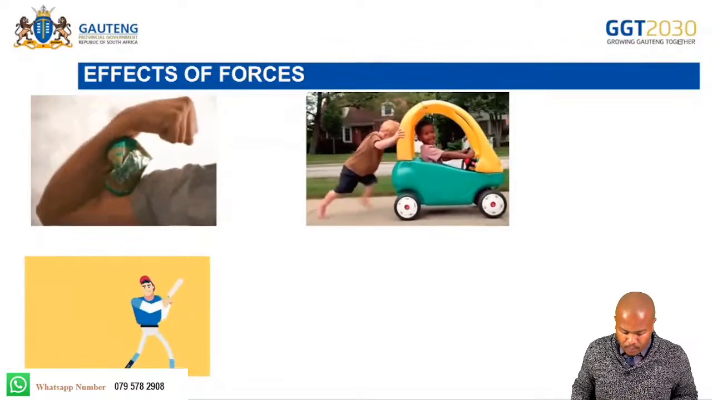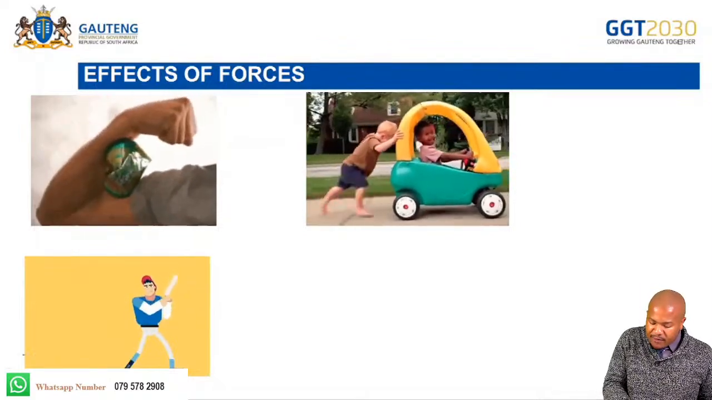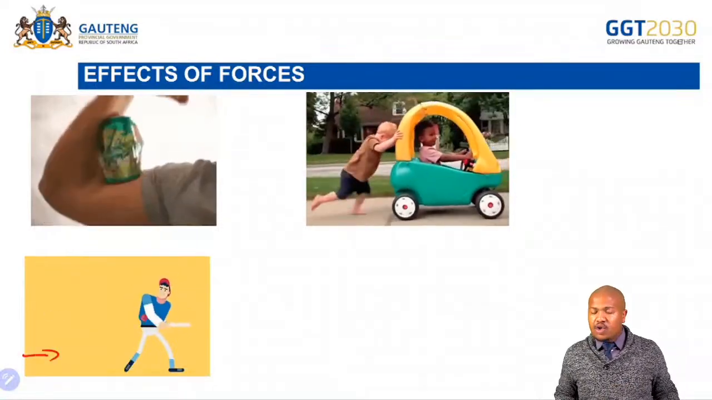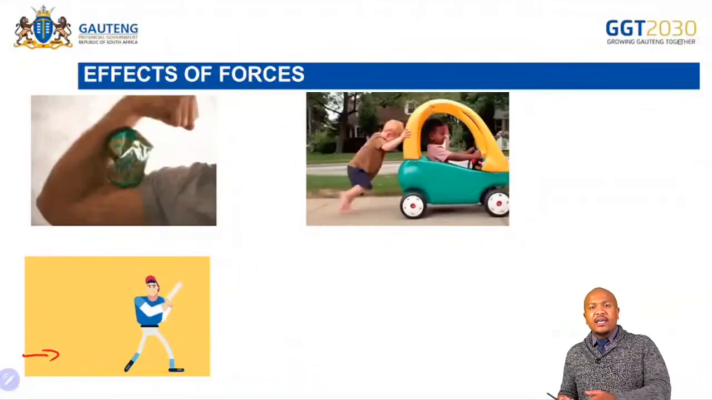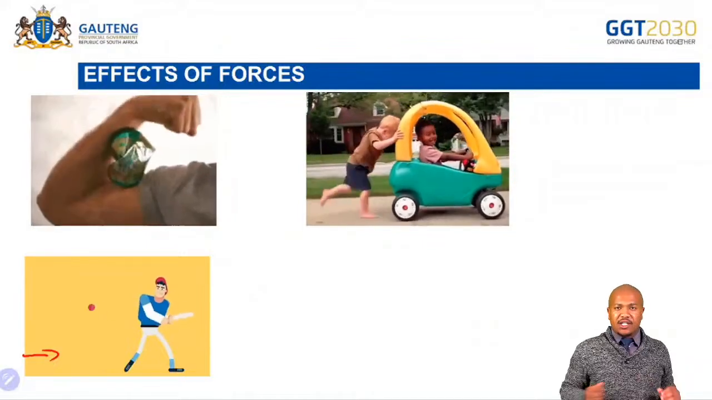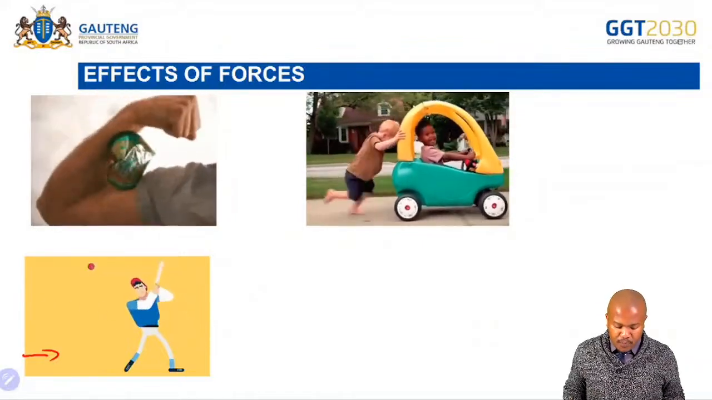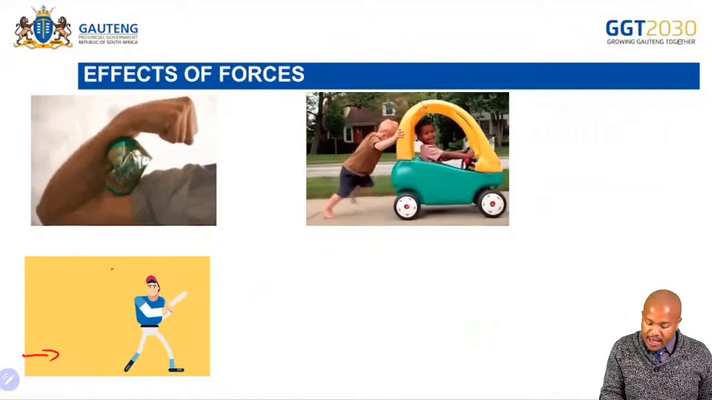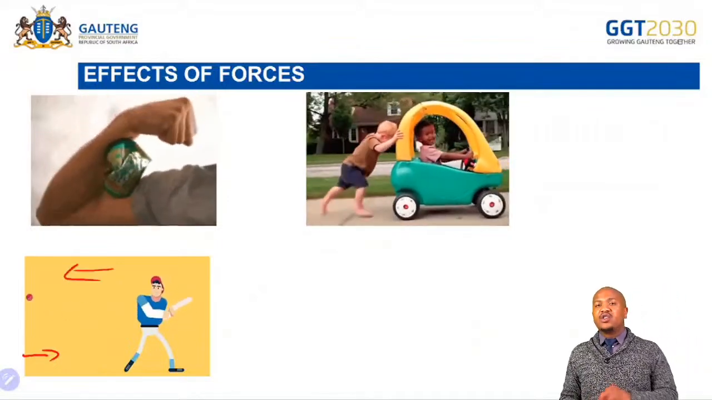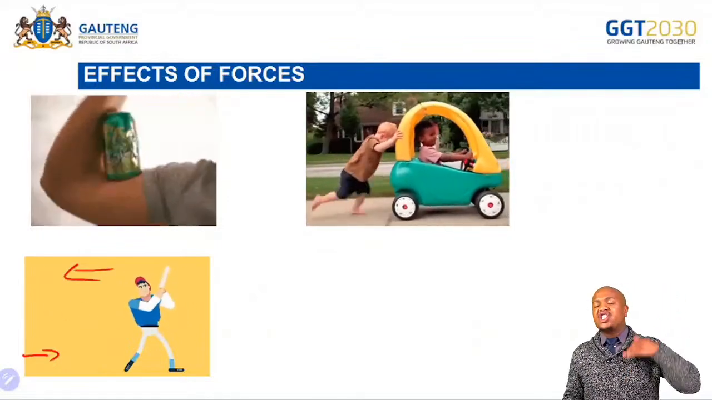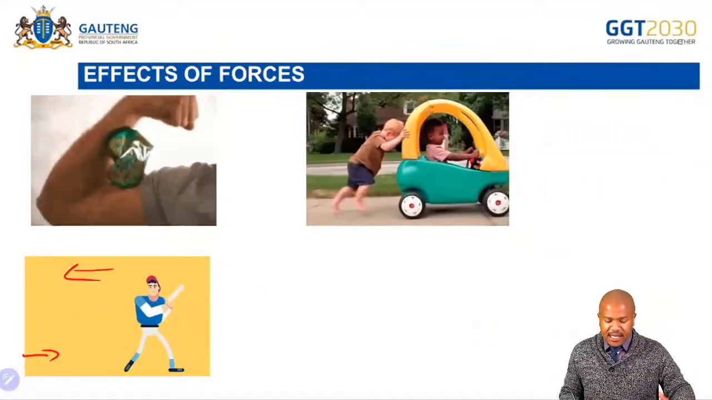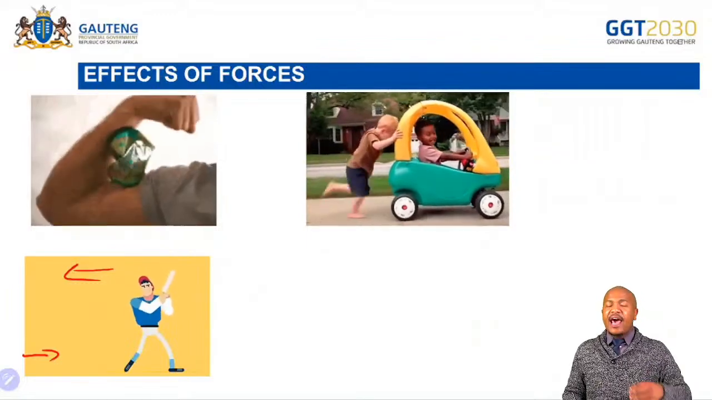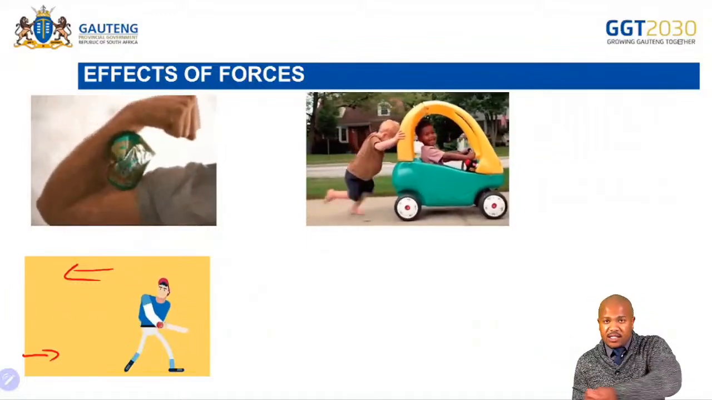Look at this one now. The ball is coming from this direction to him. As this ball is coming towards him, he hits it back with a bat. What is happening now? The ball goes back to where it's coming from. As it goes back to where it's coming from, it's changing direction. It's because of the force that is applied on the bat and the ball as he hits the ball with the bat,